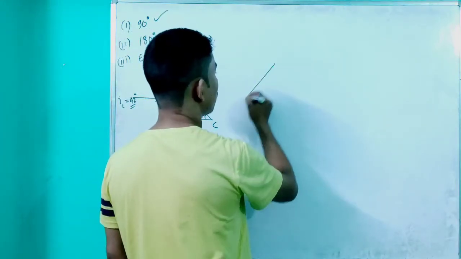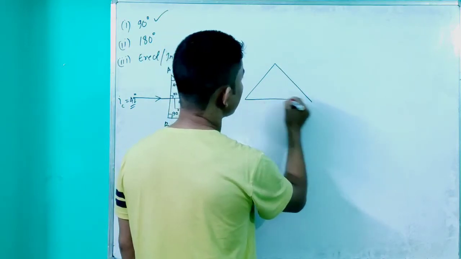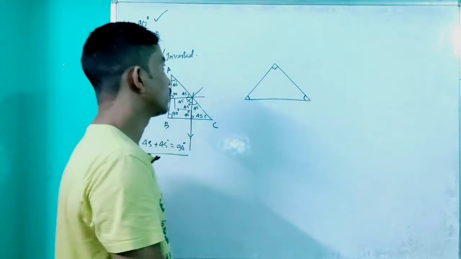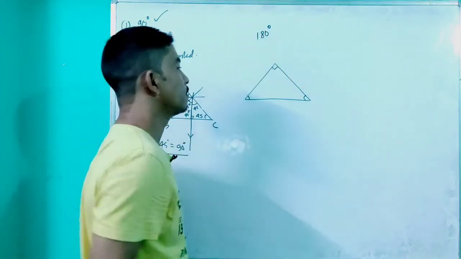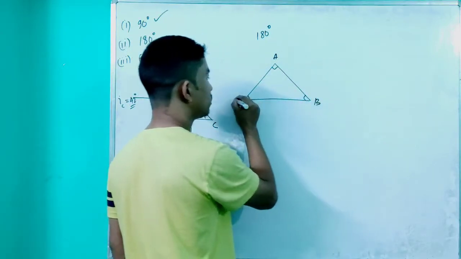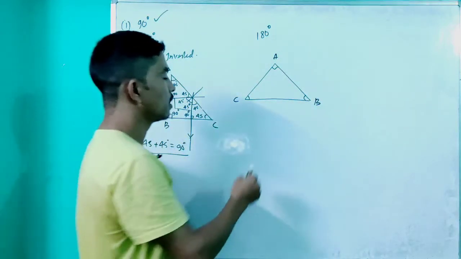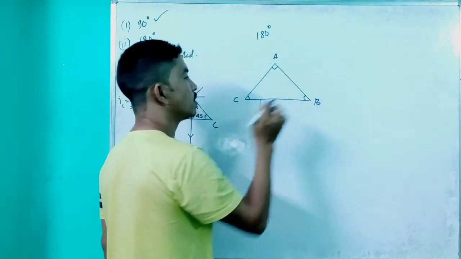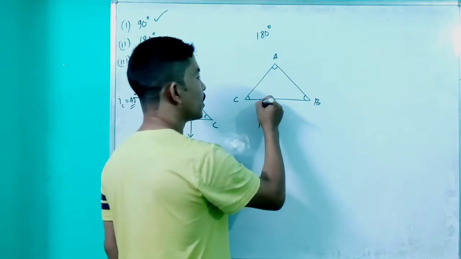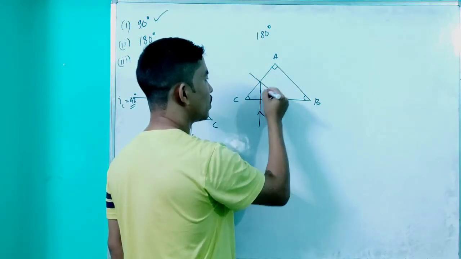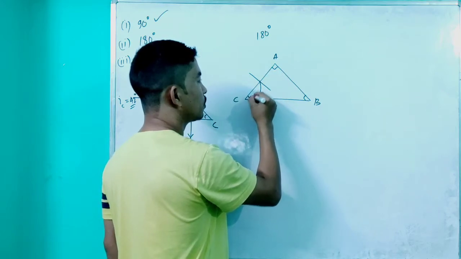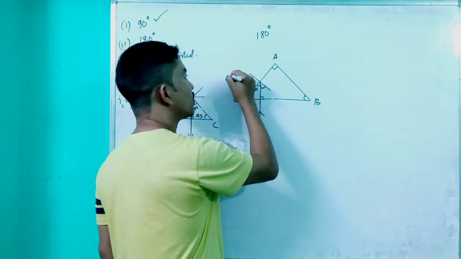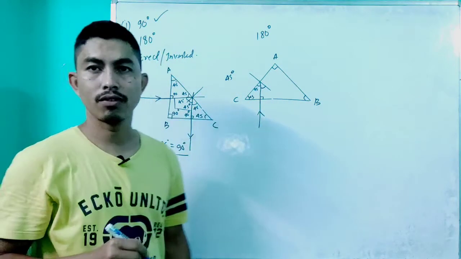In that case I draw a prism in this way. This being 90 degrees, this being 45 and 45. If I want to deviate it by 180 degrees, A, B, C, I make a ray of light incident normally on the face CB. In that case the ray of light will pass without any deviation. Here I draw one normal, so this is 90, this is 45, this also becomes 45. Therefore the angle of incidence here becomes 45, which is again greater than the critical angle 42 degrees.